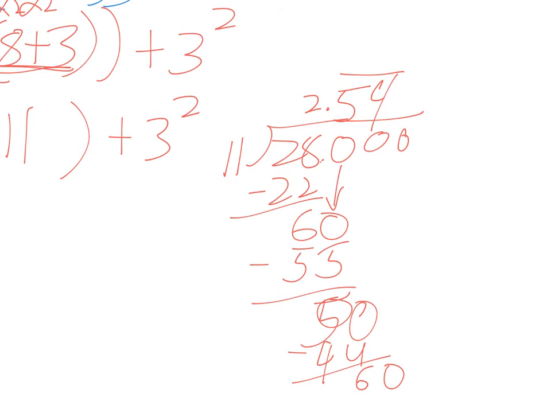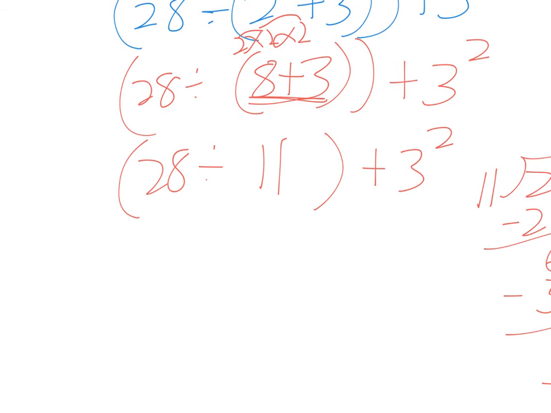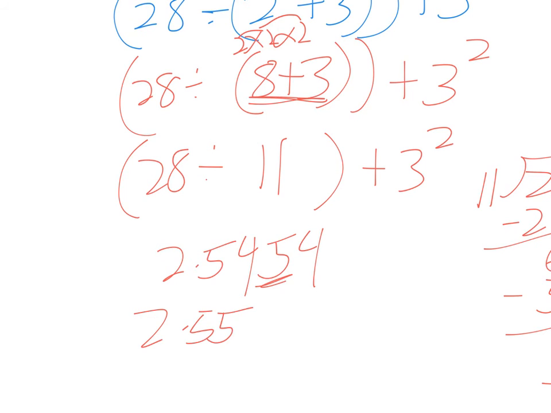So it's 2.54. I'm just going to say it's about 2.54 and leave it. And so we leave it at 2.54 just to keep it estimated so we can actually solve this problem. That would end up being repeated. We'll just round it off. Actually, 5, 4, 5, so this would say round up. So let's round this up. So we're actually going to write 2.55